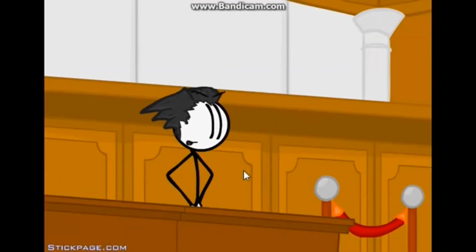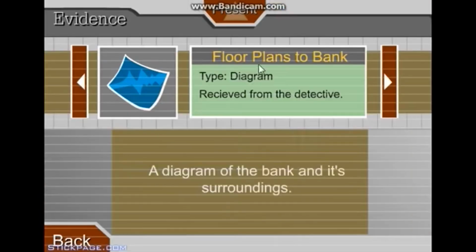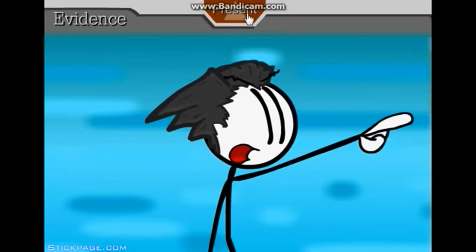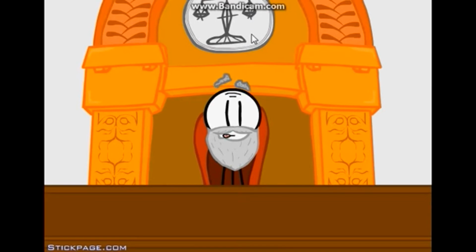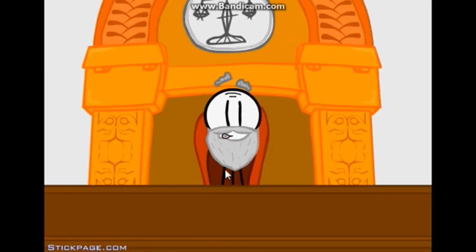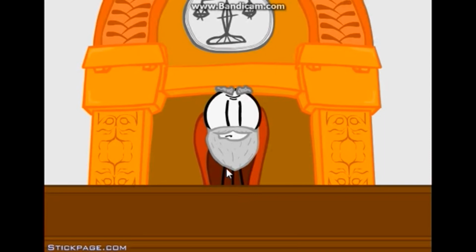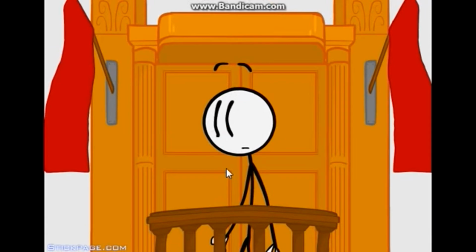Is it really that obvious? I have proof that the defendant didn't hide himself in that bag. Well then, what are you waiting for? Present this evidence already. Take that! What is this? It's evidence. And how exactly does this prove anything? Well, I was just kidding. This is no time for jokes. I see no reason to further prolong this trial. I find the defendant, Henry Stickmin,